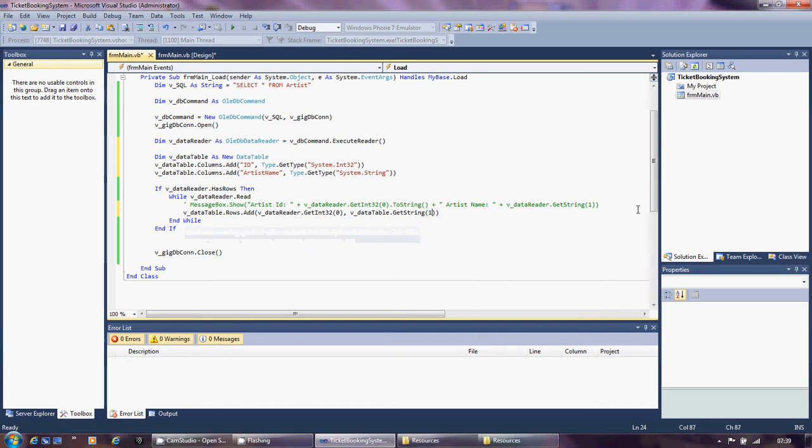And that's going to be column 1 from my data reader. What does it not like there? Alright, because I tried to get it from the data table and not the data reader. So that's going to get my